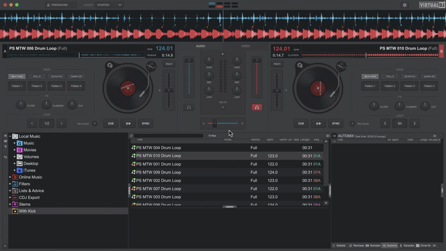Now, in some DJ applications, sync will only work in terms of BPM, or it may only work in terms of phase, but most of the time it will try to do both, and this may be something you have to set in settings so it does both tempo and phase.